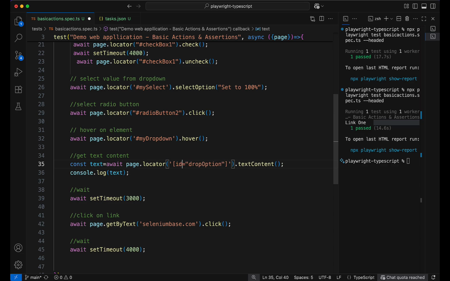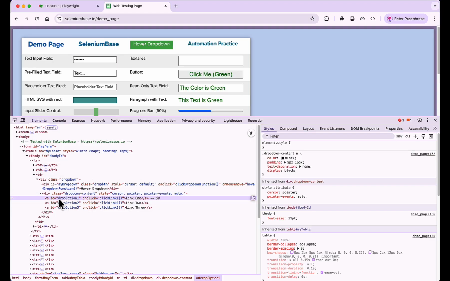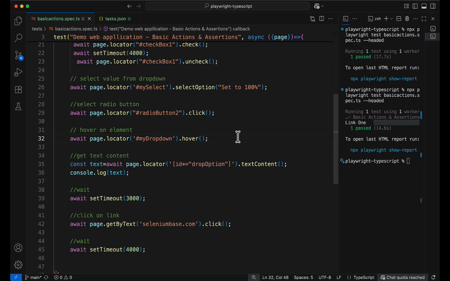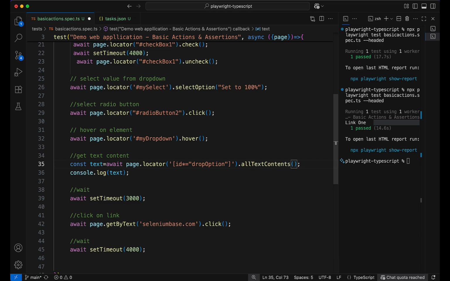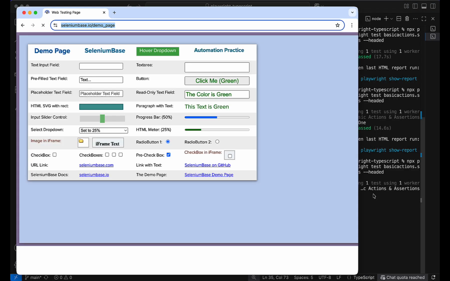Okay, and we have to give an asterisk. ID asterisk means ID contains this text. For all these 3 elements, the ID contains this text, drop option. So it should be able to get all the text content of the 3 elements. Okay, we can use all text content. Now if I run again,